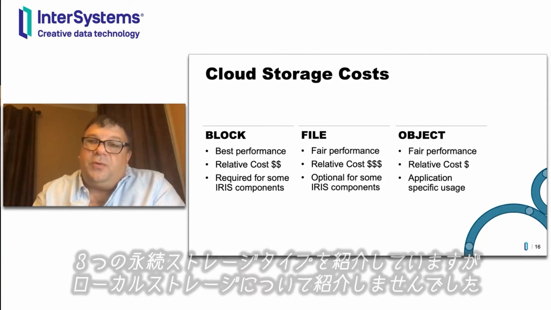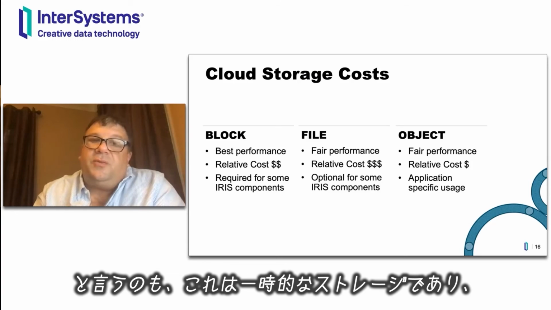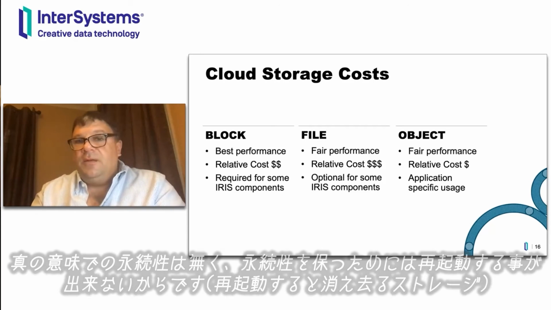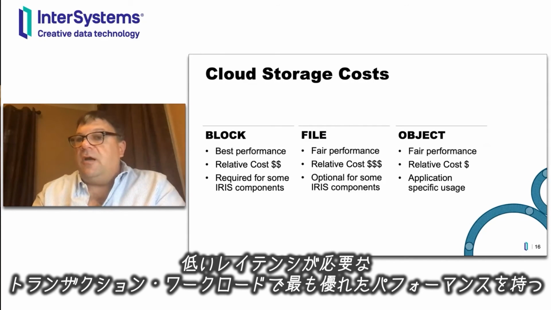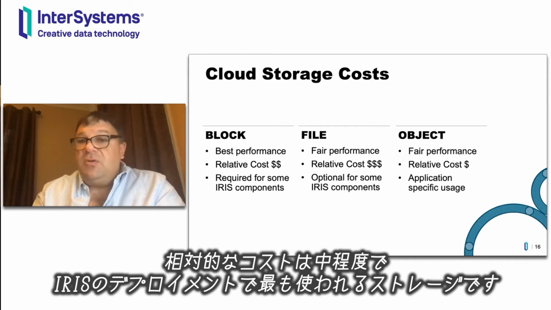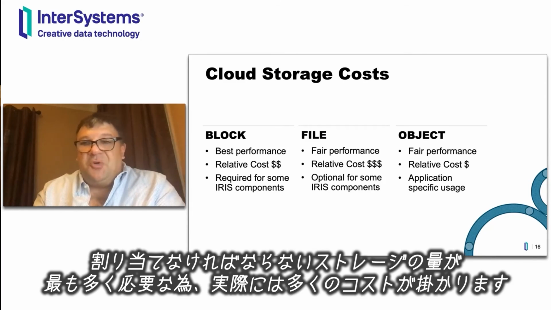I don't have local storage here because, again, it's an ephemeral storage and not truly persistent, at least not beyond a reboot. Starting with block storage, we can categorize this as the best performance for transactional workloads that require low latency. I would consider the relative cost moderate, but typically the most storage used in an Iris deployment, so it can actually be considered a high cost just because of the amount of storage that you have to have